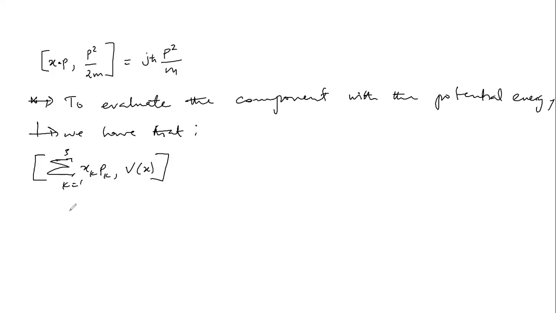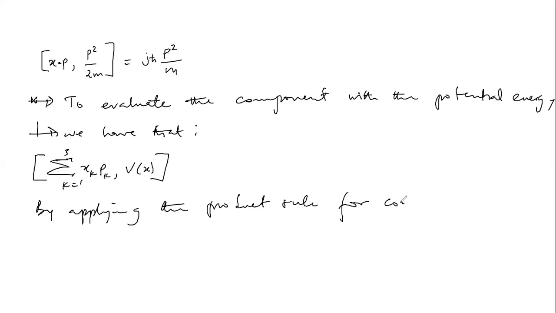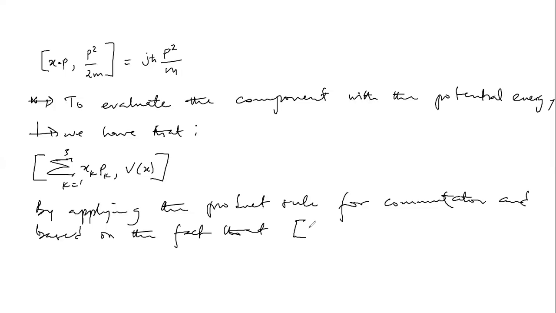And then by applying the product rule for the commutator, and based on the fact that the quantum bracket between the momentum and the potential energy is the same as negative jħ dV/dx_k, then we have the